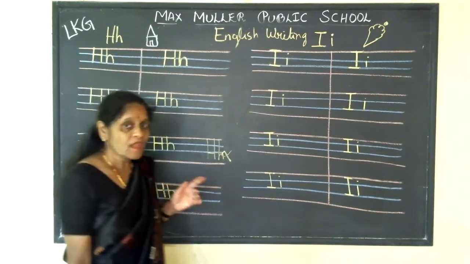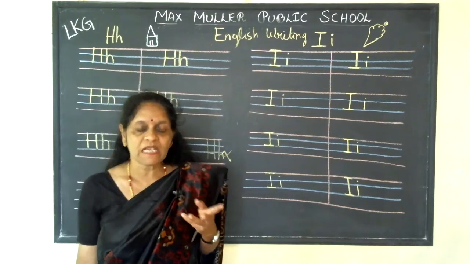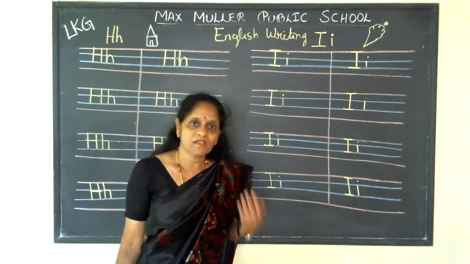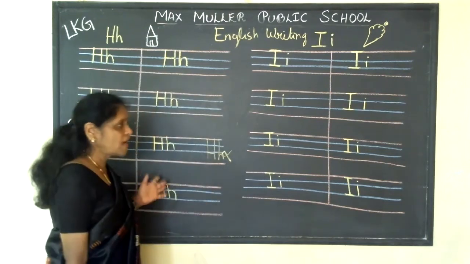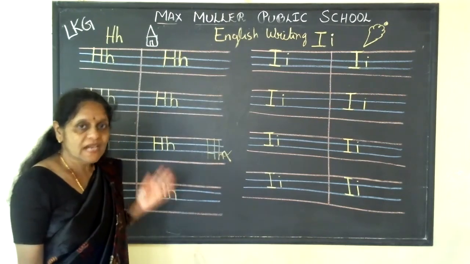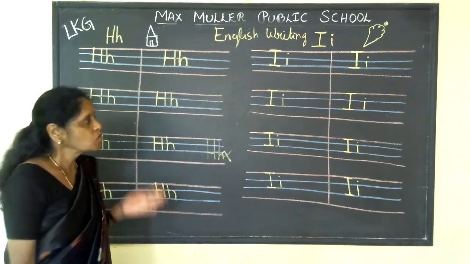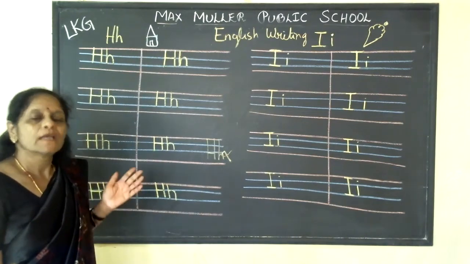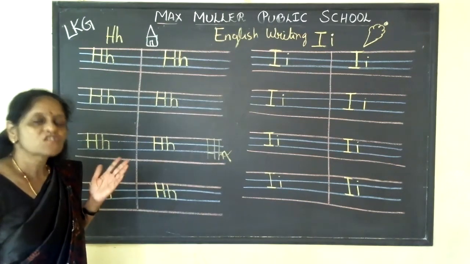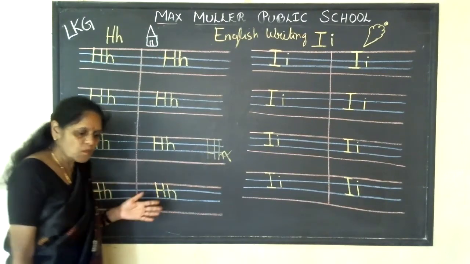Parents, every Friday there's a correction day for you all. I request you to please come this week after the vacation. Please bring the books for the correction. And this you have to write one time in the classwork and one time in the homework. So what you're going to write, children? Open your mouth and say capital H, small h, capital I, small i.